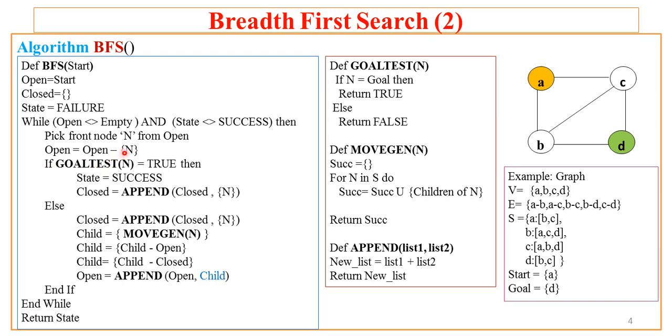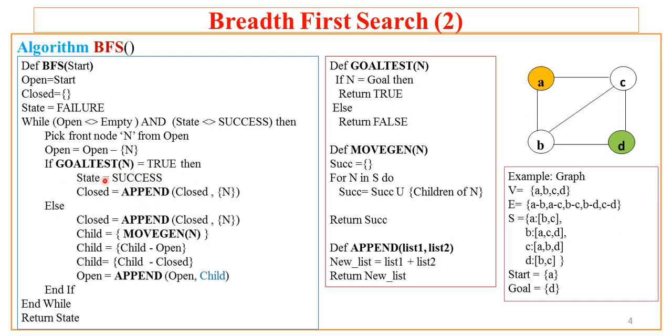Now the goal test function takes the current node and tests whether the given node is the goal node or not. If it is the goal node, then the goal test function returns true. Then your algorithm will be executing the if part of the test condition. If the given node n is not the goal node, it will get into the else part, and in the else part it will perform these steps. In the if part it performs 2 steps.